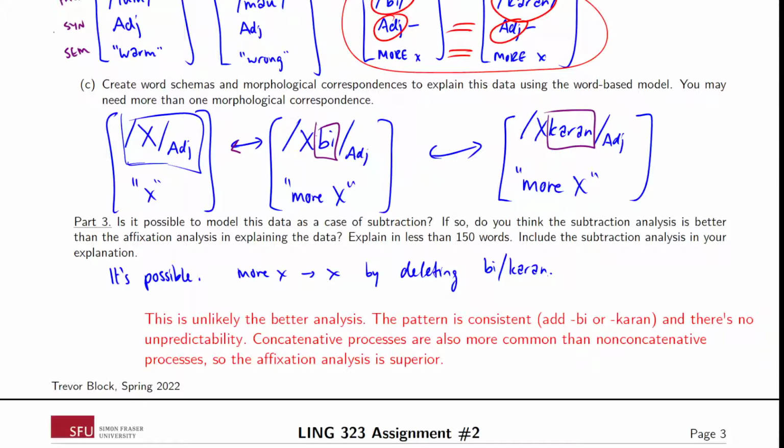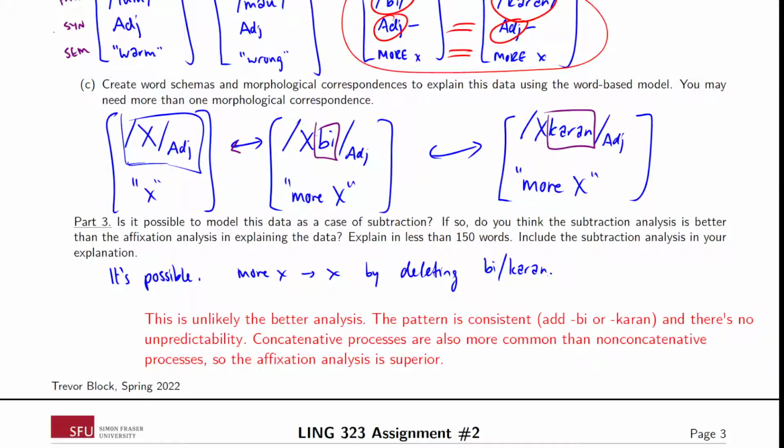So adding bi or adding karan, this is consistent. You choose one of those two and you add it to the word. It's not like the case of French where we were just deleting a consonant at the end, where the consonant could be anything. It's pretty certain what the suffix has to be here. And we know from many different languages that concatenative processes are way more common than non-concatenative processes. So having an analysis where we're building up words is probably more reflective of real language than an analysis where we're removing something,